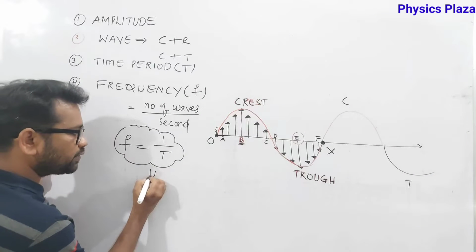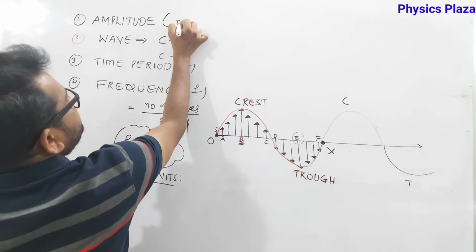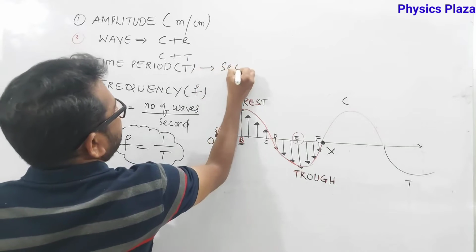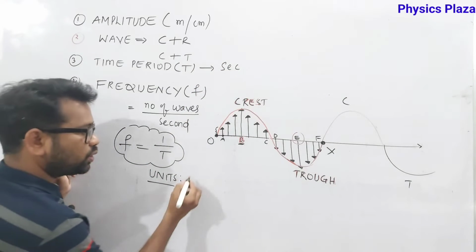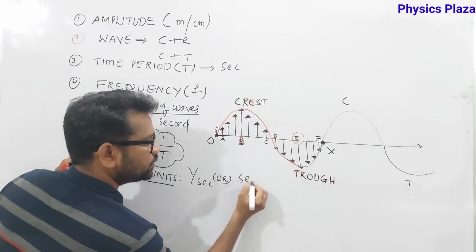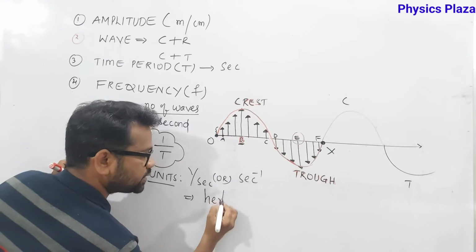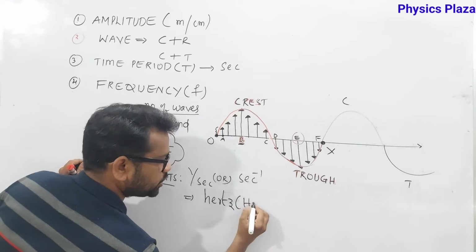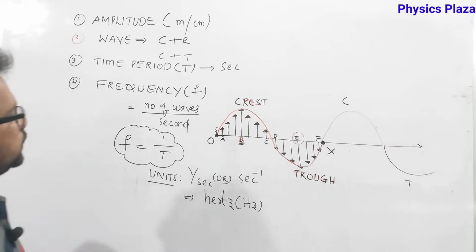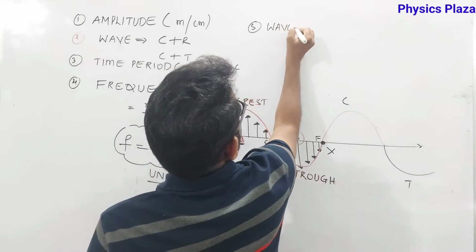Then what are the units of the frequency? Children, units of amplitude, you can measure in meters or in centimeters also. Time period, yes, seconds only. So the unit for frequency is what, children? Per second or second inverse, or the SI unit, is very important. Hertz, very, very, very important. Hertz. So it is represented with capital H, small z. Very, very important. Am I clear? Fine, children. So that was the fourth term. Next, the fifth term, most important. Wavelength.